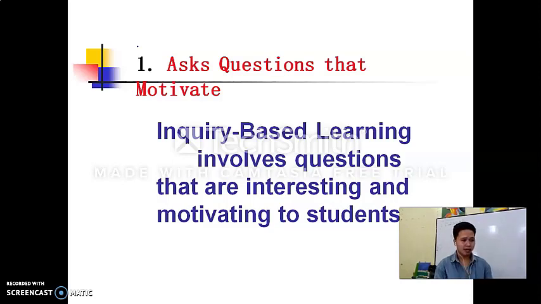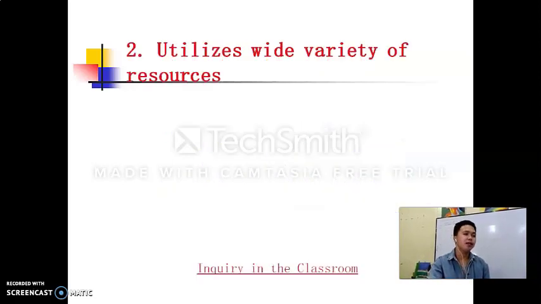So this is the primary concern of research, right? Research will not really happen if you limit yourselves from asking questions. Because that is research. Research is making your own questions and then answering your own questions by doing. You make your own question, you look for the answer to that question so that you can fulfill your research. That's it. So number 2 is when you utilize a wide variety of resources.